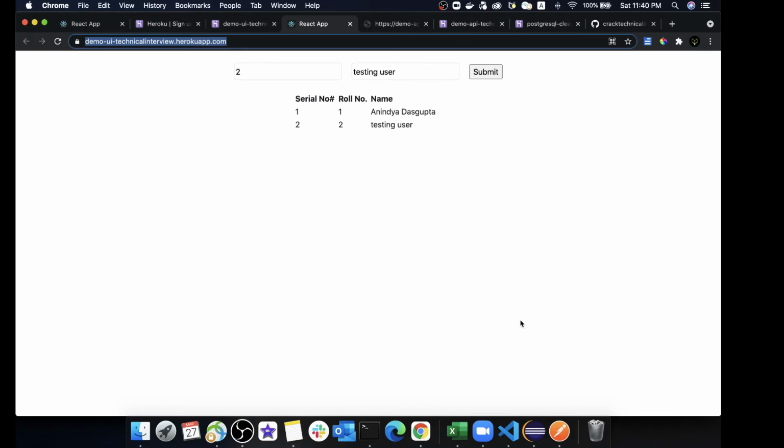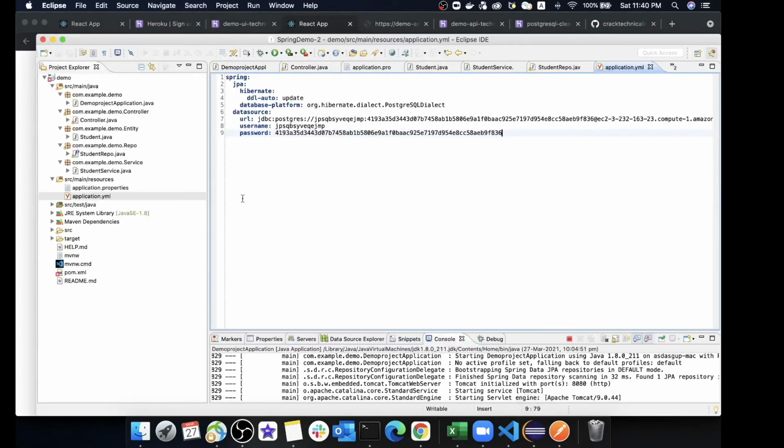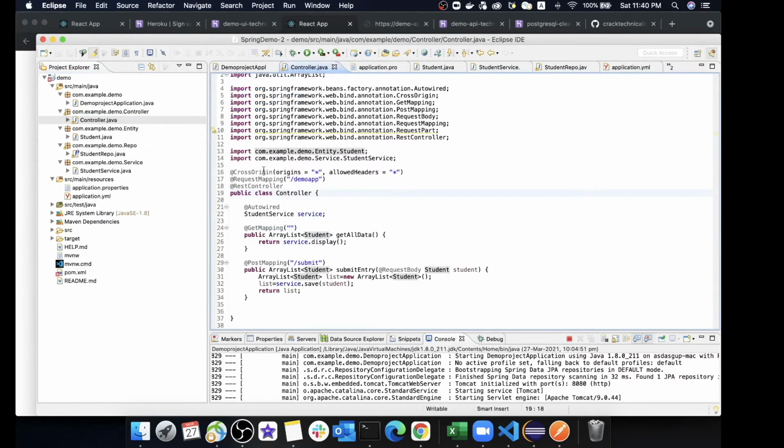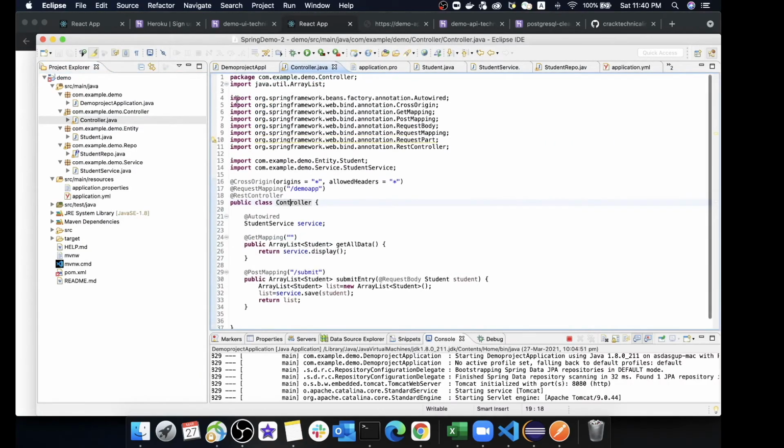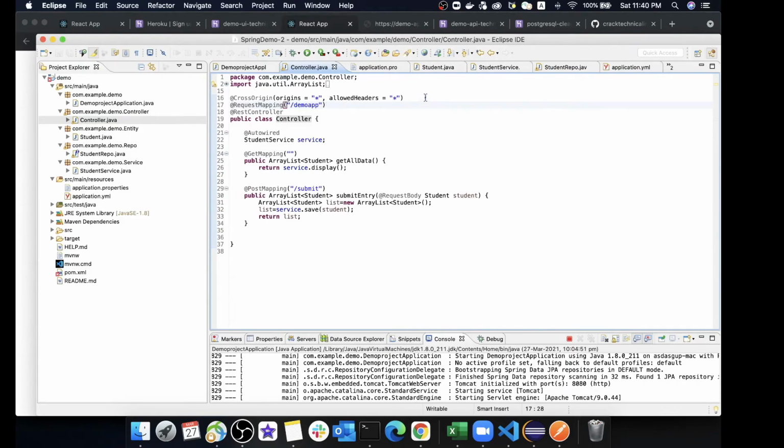If you go to your backend code, within your controller, you can see I have put code something like this. Here I have provided an annotation for the Spring Boot application, and that is CrossOrigin, which means that if the API request is coming from a different application running on a different server using a different port, you should allow that cross origin policy.